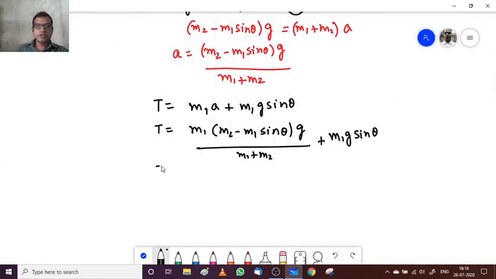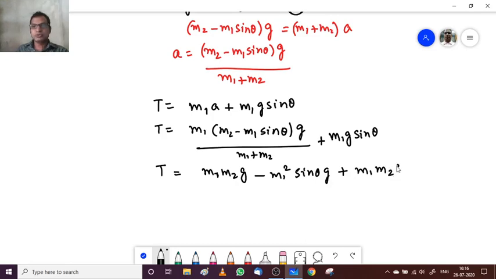If I go on further solving it, I will get T is equal to, if I cross multiply, m1 m2 g minus m1 square sine theta into g plus m1 m2 g sine theta plus, sorry, this is going to be m1 square. Let's correct this one. So this will be m1 square g sine theta plus m2 m1 g sine theta